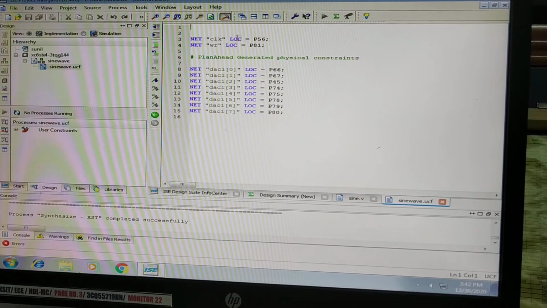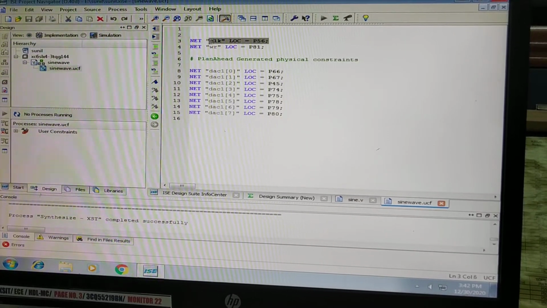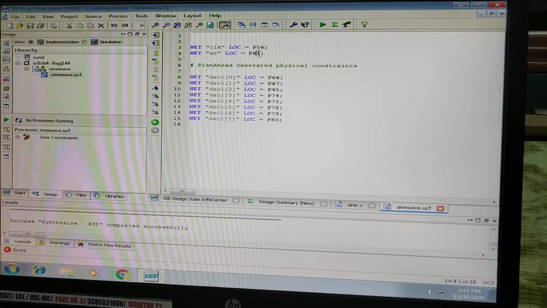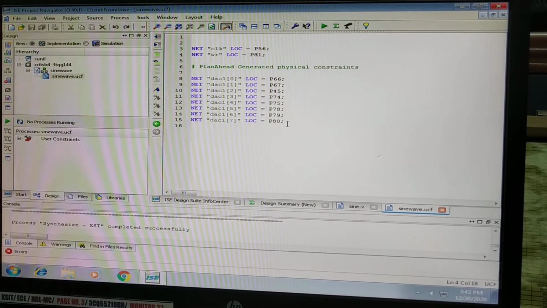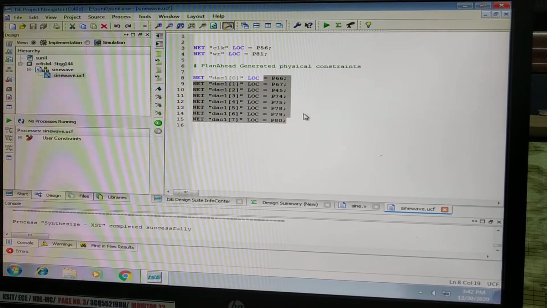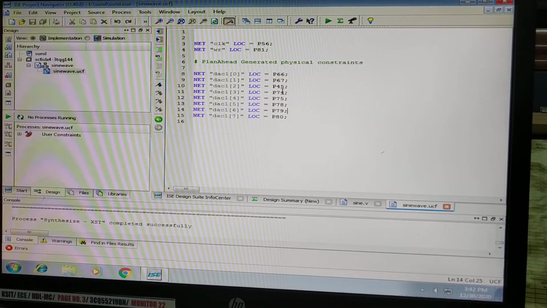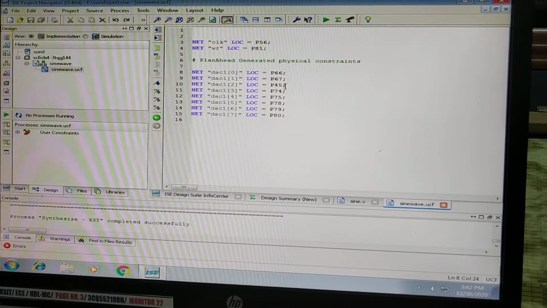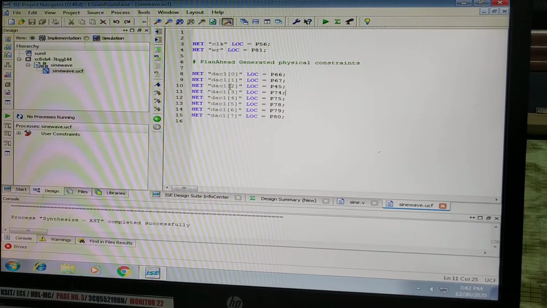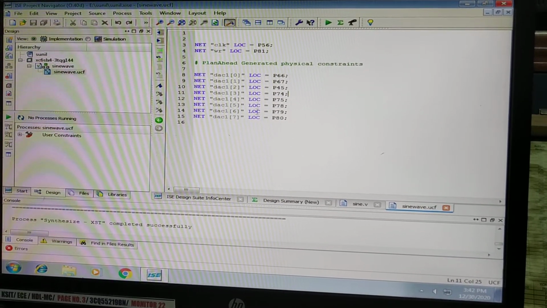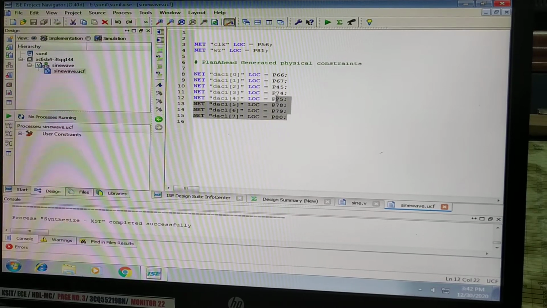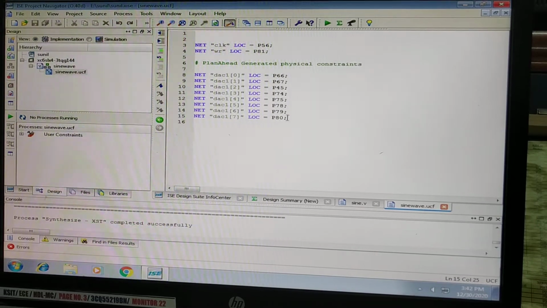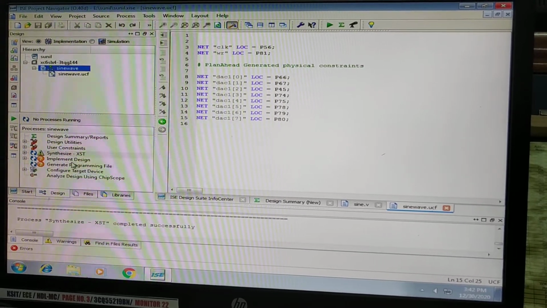So these are the connections which have to be made. Clock has to be connected to 56. Write pin has to be connected to 81, and the 8-bit digital data has to be connected to these pins: 80, 79, 78, 75, 74, 45, 76 and 66, 67 and 66. Be careful, here there is a 45 pin. This has to be connected to DAC of 2. Okay. So these connections are already made, we just have to choose the right port. Okay. Now implement design.